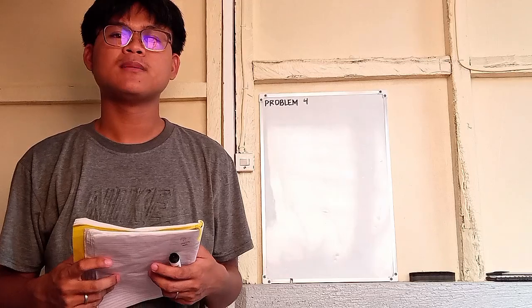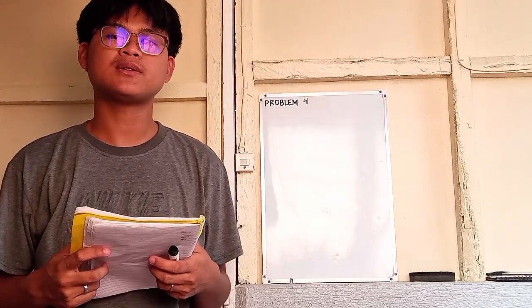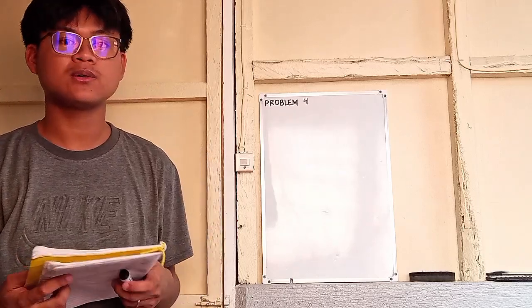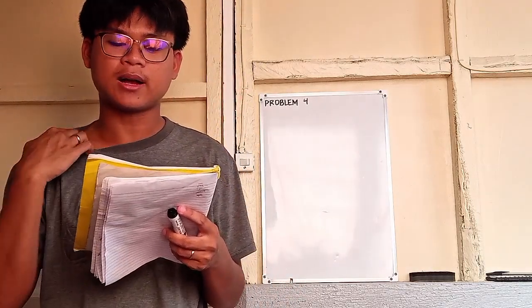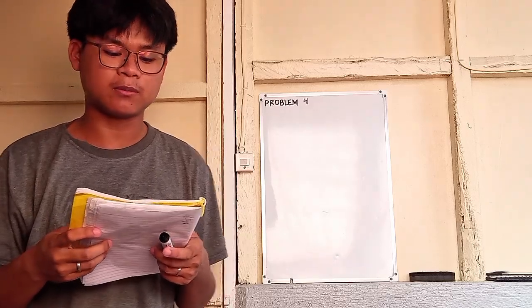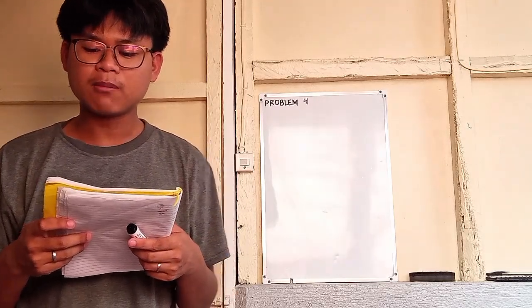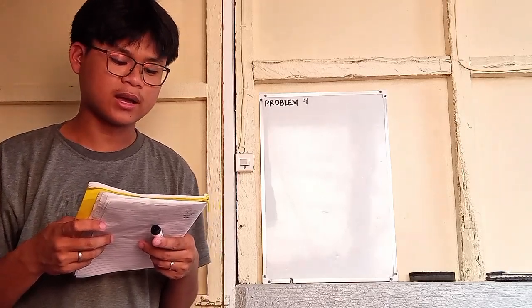So good day. In this video, I will tackle the 50 problems that relate to maximum and minimum and related rates. So problem 1. A company wants to design a cylindrical can with a closed top and bottom that will hold 500 centimeter cube of liquid. What dimensions, the radius and height, will minimize the surface area of the can?